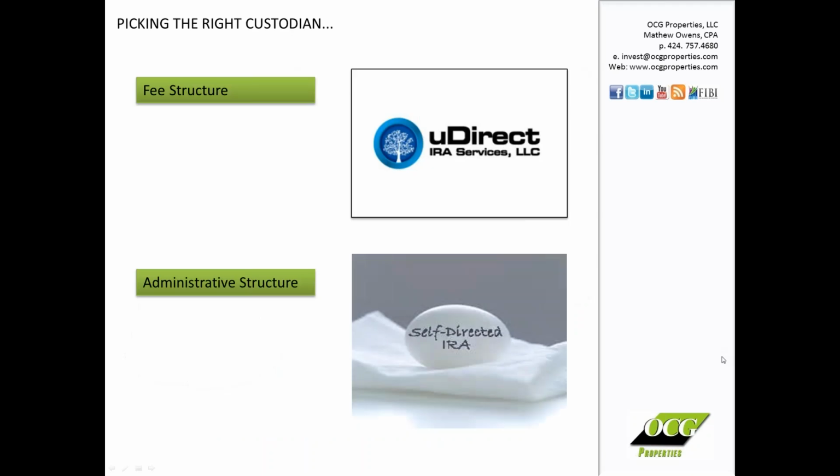So let's talk about picking that right custodian. So some of the main factors that go into this, and the first thing that people think about is the fee structure. Now keep in mind, some of these other investment companies like the Schwabs and the Fidelities, those fees are hidden right inside your actual returns, and so it's very hard to determine what those fees are, and they're not actually required by law to tell you what those fee structures are. So what I really like about the self-directed custodians is they're right on their website 90% of the time. So Karin at UDirect has them all